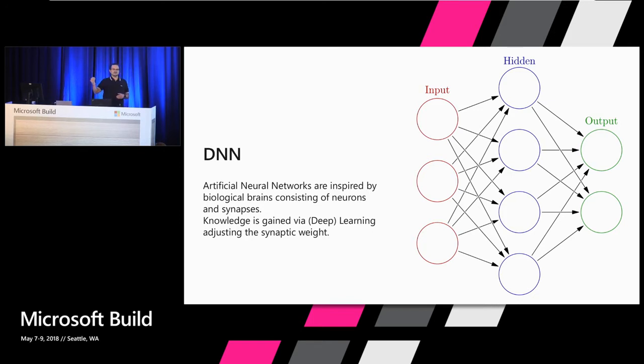And the backpropagation basically adjusts the weights. So it adjusts those values that are connected between the neurons. And this way, it can store all that information. And if it's trained well, at the end, it will generalize information and enter the so-called inference phase or evaluation phase. So you can give it data it has not seen before, and it will predict the correct output result. And you know what? The awesome piece about it is we can run inference on the device now with the Windows 10 April 2018 update.